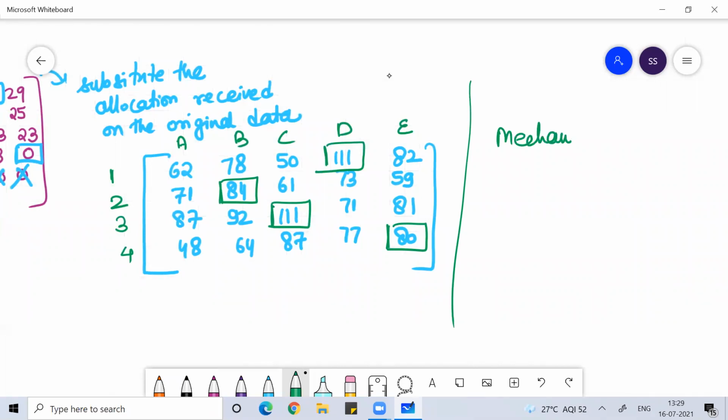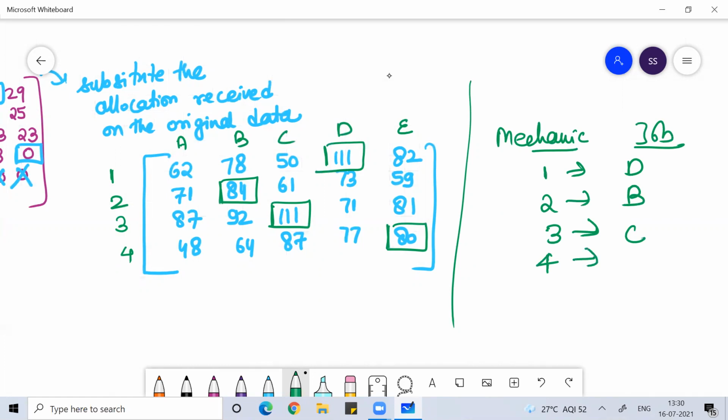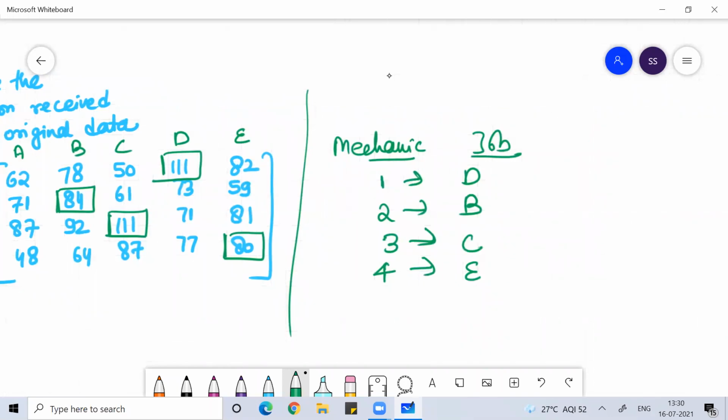Mechanic one is doing job D. Mechanic two is doing job B. Mechanic three is doing job C. Mechanic four is doing job E. Job A no one is doing. So which job should we decline? Job A is declined. Okay, so the profit value